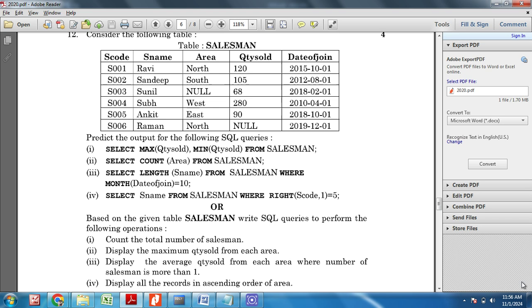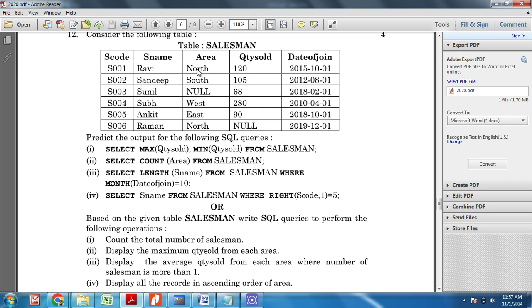Our next question is: display the average quantity sold from each area where number of salesmen is more than one. The question is the same as above, but we have to find the average quantity sold instead of the maximum, area wise, where salesmen should be more than one.